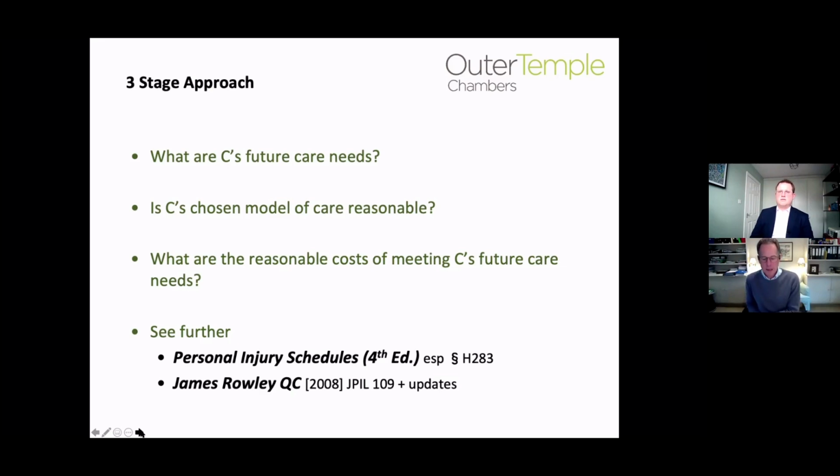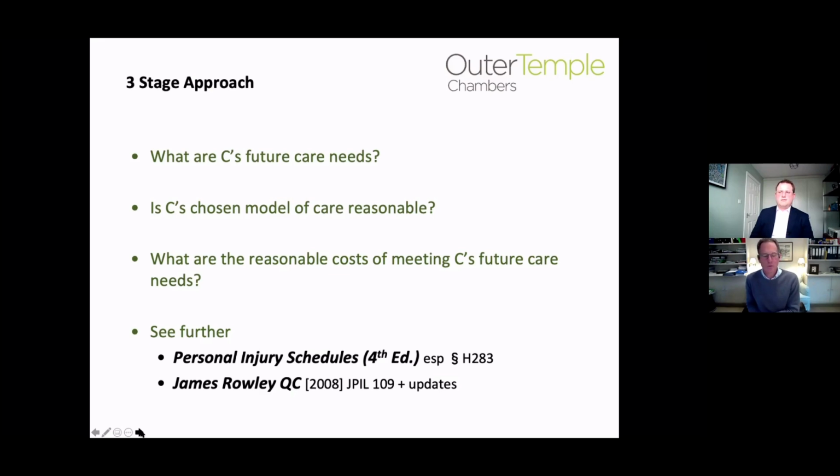And that clearly is something that will be established from the lay and the expert evidence, including from the medical experts, based on the claimant's present condition and indeed any changes in the future based on the prognosis. The second stage then is to look to see whether the claimant's chosen model of care is reasonable, and the sorts of issues that we've just been looking at may come into play in relation to the second stage,